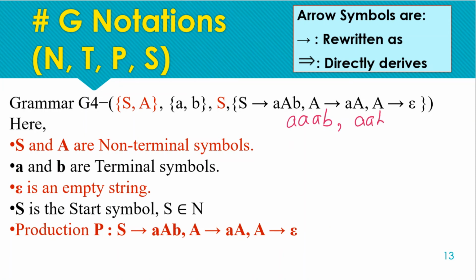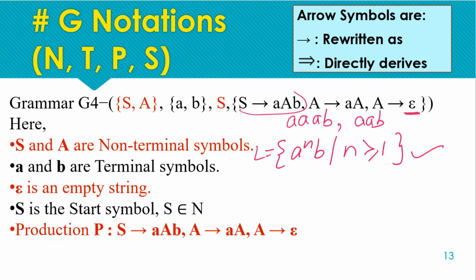So as we can see, we can derive these types of patterns from these production rules. So we can say that the language of this grammar is a raised to power n followed by a single b, where n is greater than or equal to 1, meaning we must have at least one a. So the strings of a's followed by a single b is the language of this grammar, as we cannot derive a null from this grammar, as we have to use this production rule first corresponding to the start symbol, then we can move to the further symbol A. Okay, and A has the null termination but not the S. So n must be greater than or equal to 1 for these production rules.